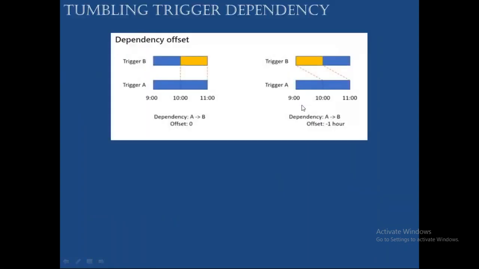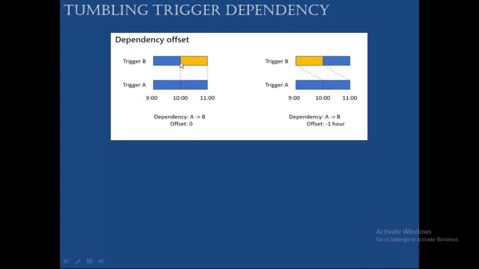Now we'll talk about the tumbling trigger dependency. Dependency means, you see here, offset. You have a trigger A and a trigger B. Now A is dependent on B. Trigger A is dependent on B. If B is successfully executed, then I want to execute A. Don't be confused. Now the question is how you want to check offset 0. Offset 0 means